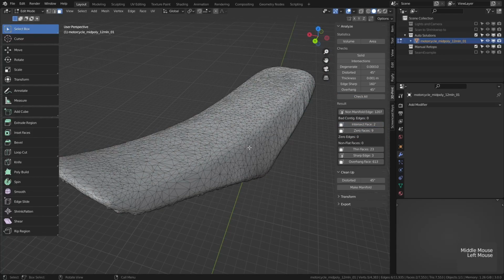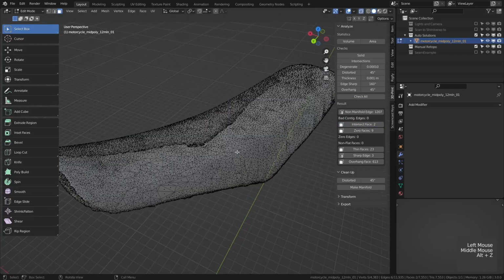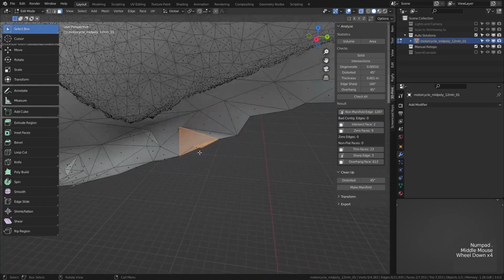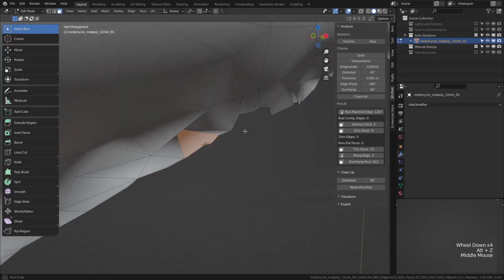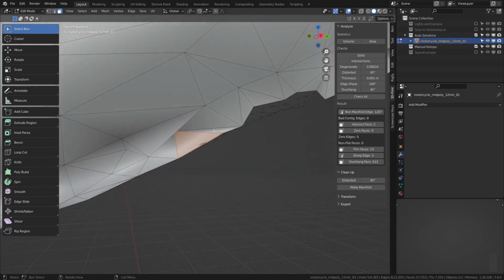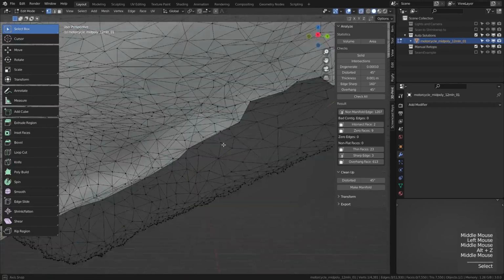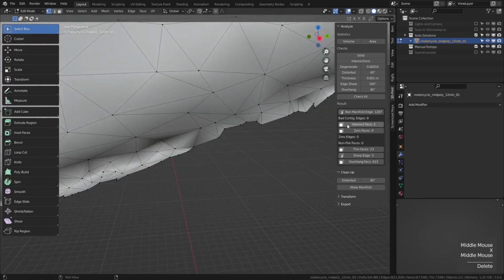To make these easier to see, I'll go Alt-Z to switch into an X-ray view mode. And then I'll use the full stop on the numpad to zoom into that selected problematic area. To solve the issue in this case, I think I'll just delete these faces and then tidy that area up slightly. Then when we click on the check all button again, we'll see that we no longer have any